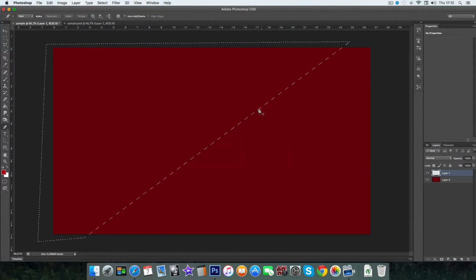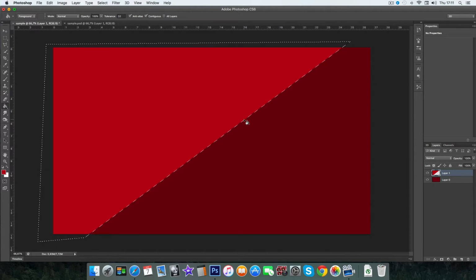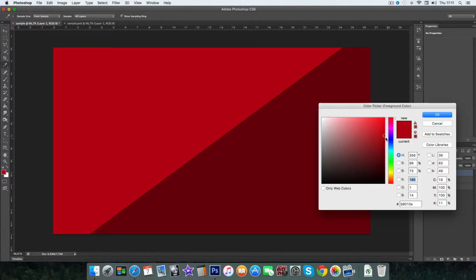Yes, you click on make selection, and once you see that it's selected this shape, make sure that our layer selected is layer 1. Now we can click on the paint bucket tool and just click, and that's it. Now to get rid of this whole selection, we're going to click Control D or Command D on Mac, and then we're going to do the same thing again, another layer, create a new layer, and we're going to select a lighter color this time, a little off red, let's say around there,